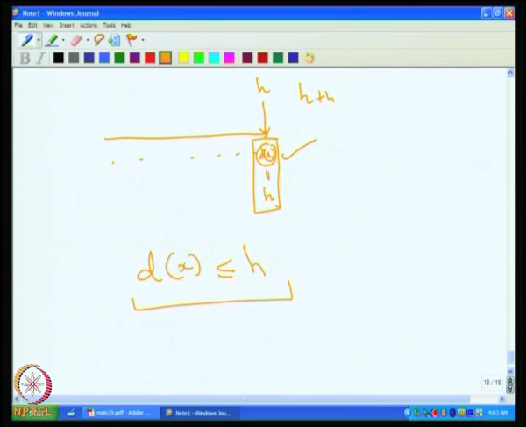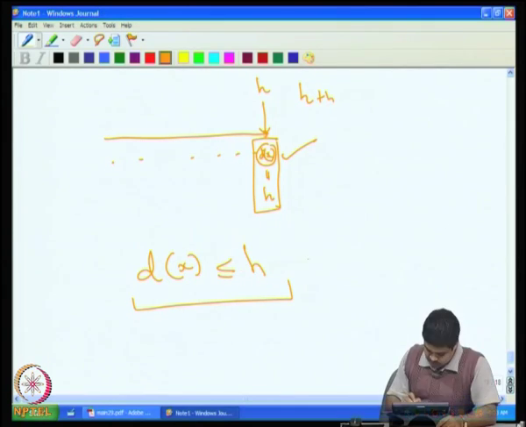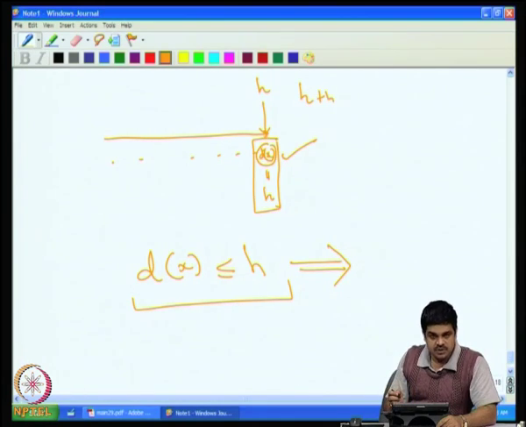So, this number is less than or equal to h. It means that Chvatal's condition says that, in the graph, the degree sequence d1, d2, etc. satisfies the Chvatal condition. Therefore, it tells us that